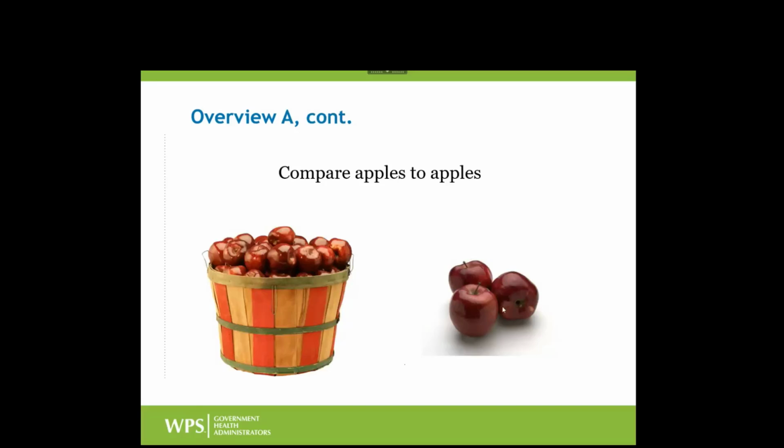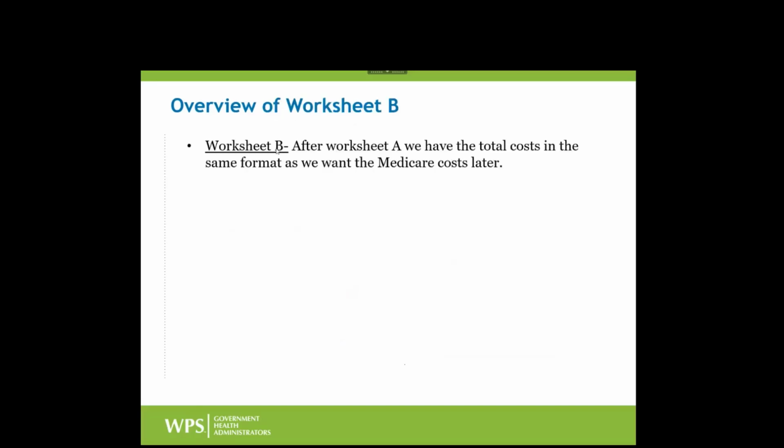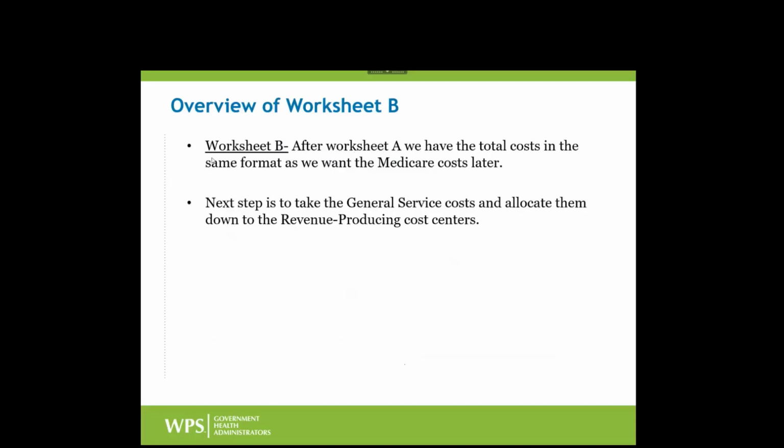Now, again, we do this through the cost report flow, and worksheet A is the starting point to identify the total amount and adjust it and reclass it. Worksheet B, this carries over the total costs from worksheet A at the very end. And all of those costs have been directly assigned to various cost centers. Some of them went to overhead cost centers to start with, and some of them went to various departments like the operating room, the adults and peds, the ICU, lab. So you knew where those costs went. You grouped them there is the proper terminology, and they've been assigned.